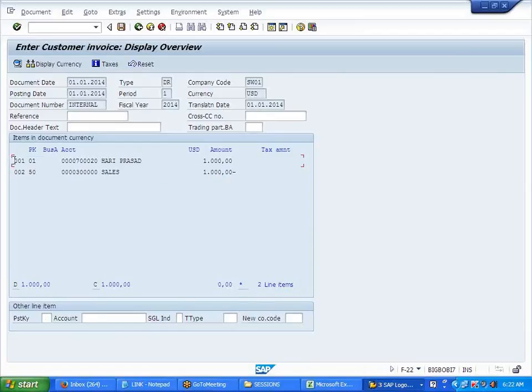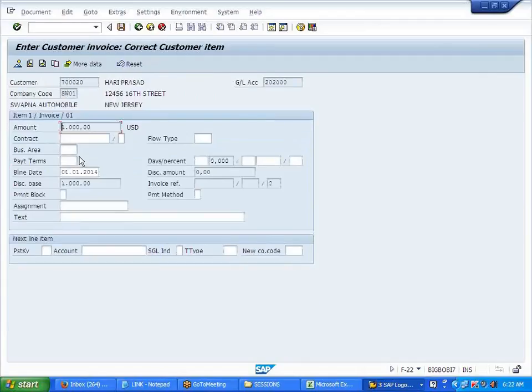Ravi, customers for sale. I'm not using any payment term. If you want to use one, you can use immediate. See here, no payment terms. I'm saving it. If you do not want to use it, that is also fine.